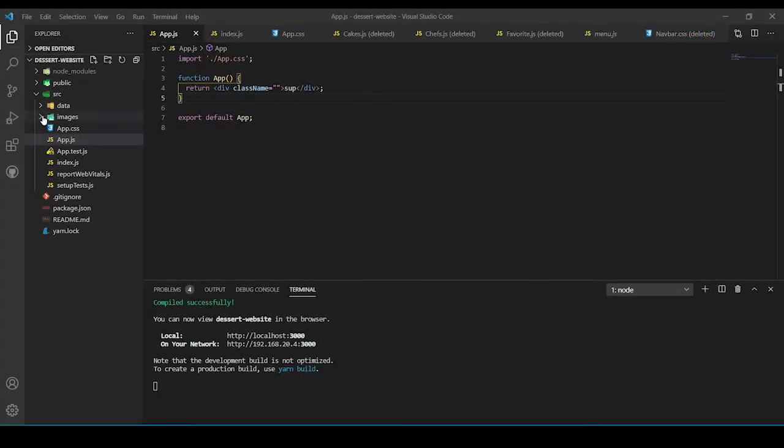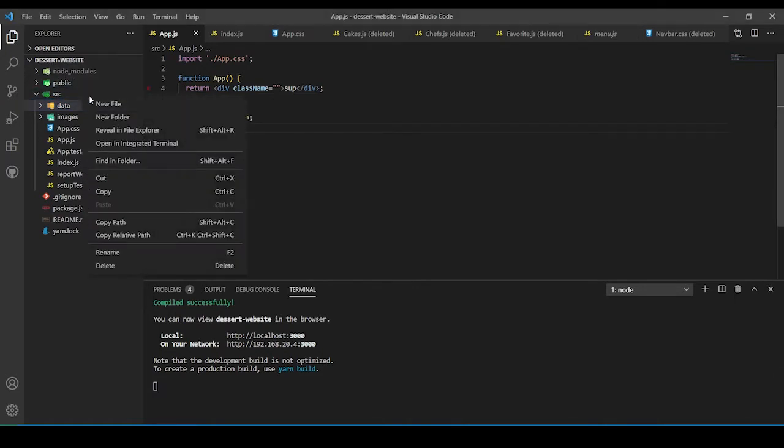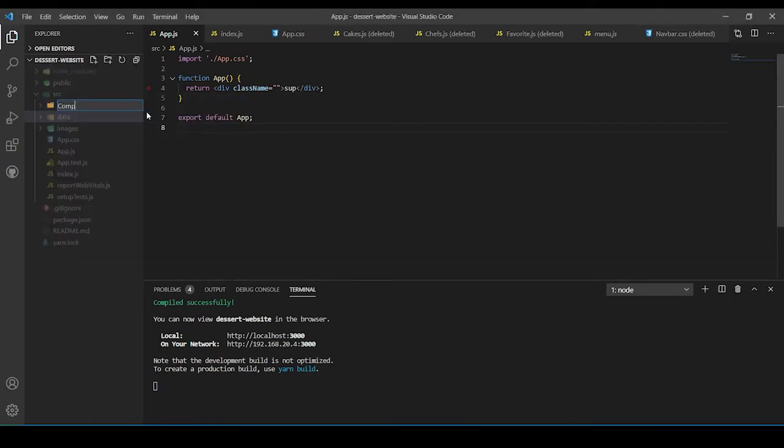I have uploaded 2 folders, images and data. You can find these folders on my GitHub account. Now I'm going to create a new folder called components where I'm going to store all of my React components. In this folder I'm going to create a new file called navbar.js